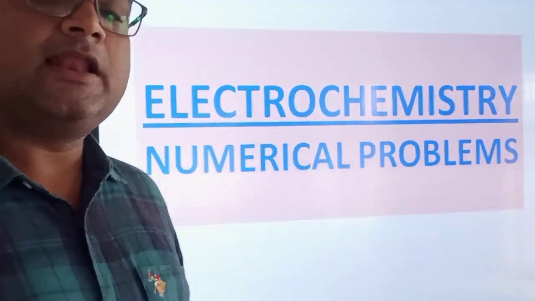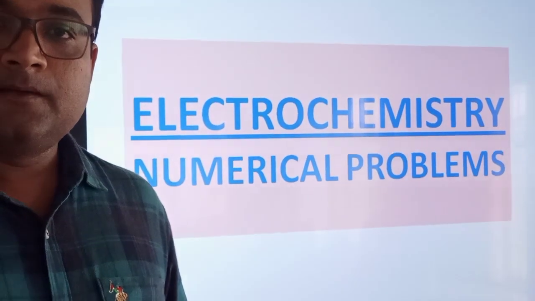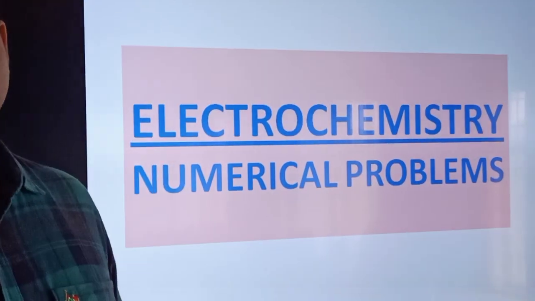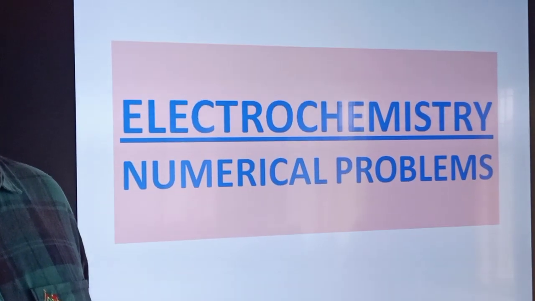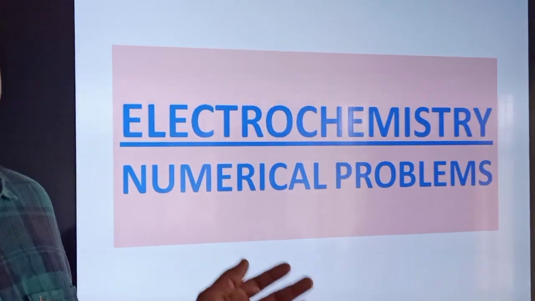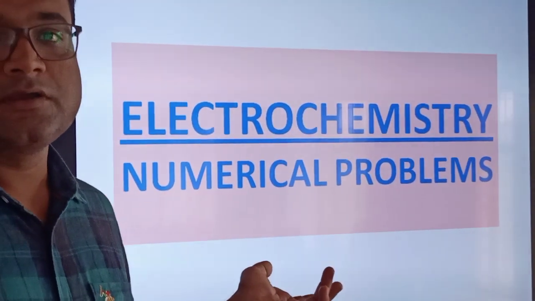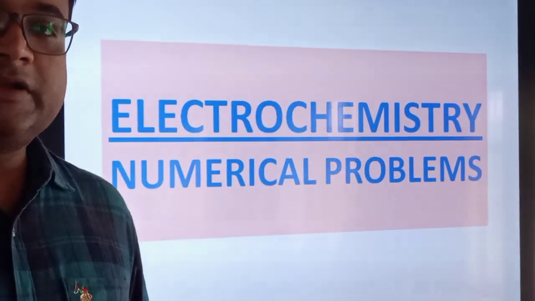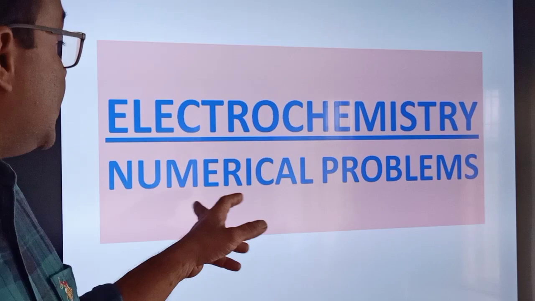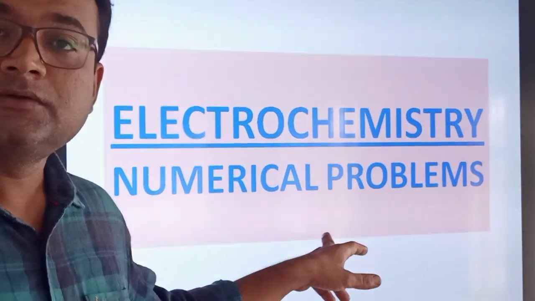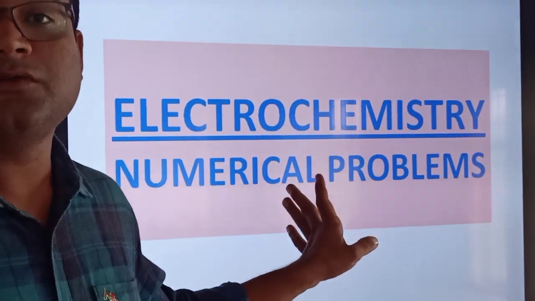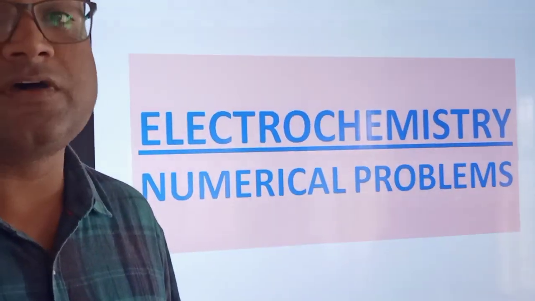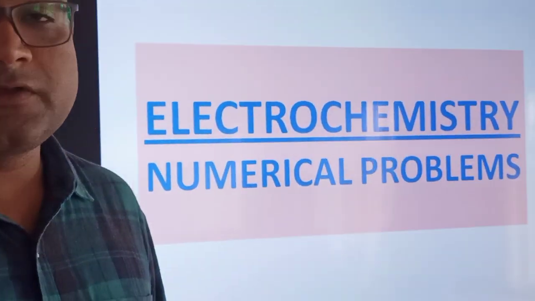As we are done with electrochemistry theory and numericals, today we will see the MCQs, that is, objective type of questions that come in electrochemistry. That is, electrochemistry numerical problems that appeared in the last year, and today we are going to solve only NEET questions. Those appeared almost in the 20 years of NEET questions. I am going to discuss them today.